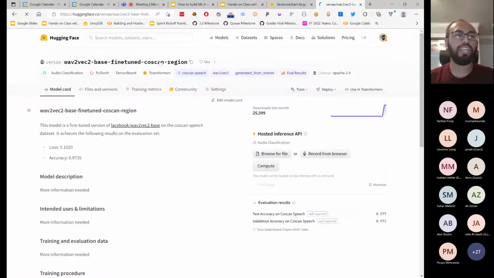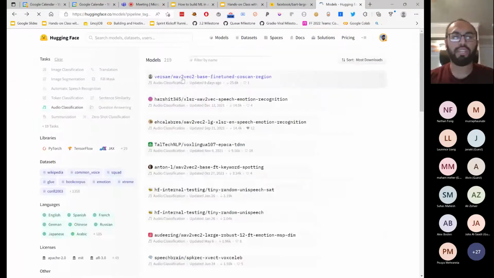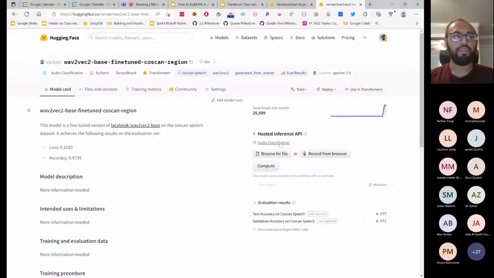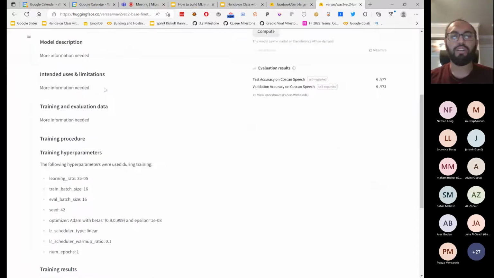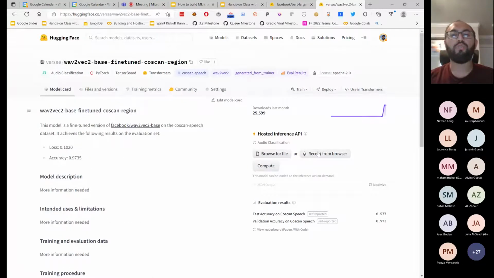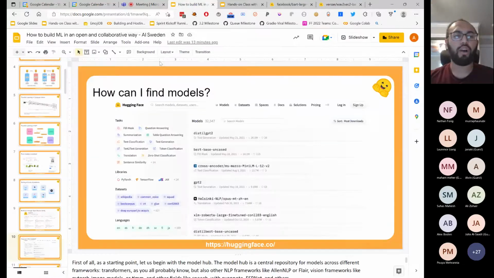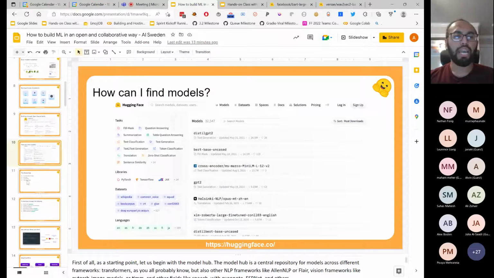So again, 219 different models on audio classification. You can pick one. You can try it out. Again, some information about the model. You can test it. You can even record an audio file from the browser and give it a shot. So okay. So what I'm going to do now is I'm going to move on to the next topic here, and talk a little bit more about